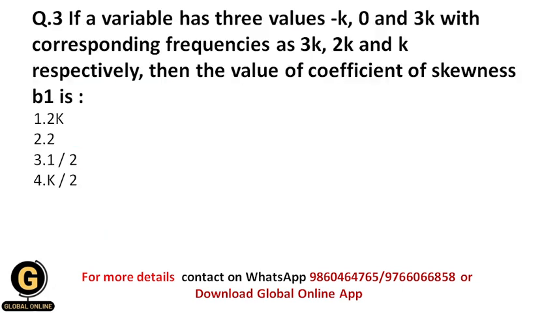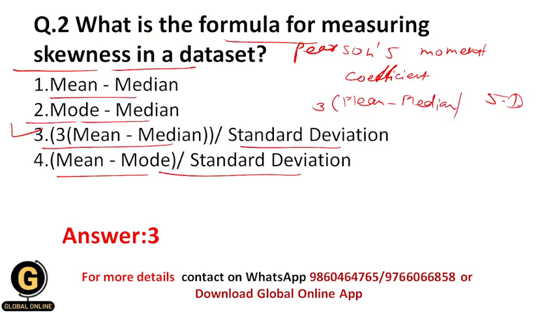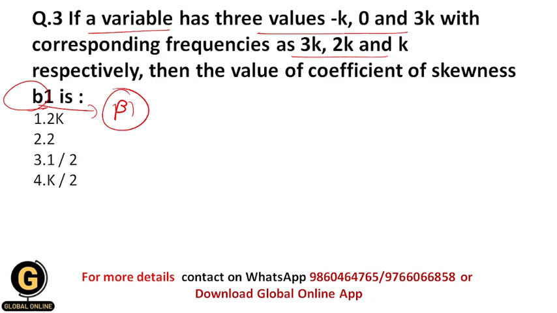Okay. Now third is, if a variable has 3 values minus k, 0 and 3k with corresponding frequencies as 3k, 2k and k respectively, then the value of coefficient of skewness b1 or beta 1 is what? So here they have asked you to calculate the value of coefficient of skewness beta 1. So I mean to say, they have asked you to calculate this value, Pearson's moment coefficient, which is actually